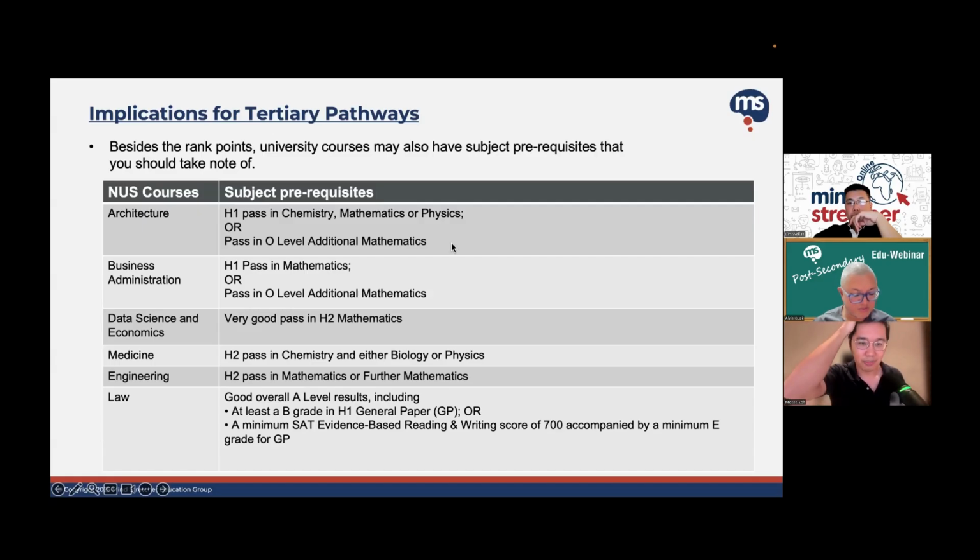So yeah, generally speaking, mathematics and chemistry will keep most of your pathways open. And then if you're quite sure you want to do a sciencey degree or you're quite interested in doing it, then make sure you do a science track, because some of these will require two sciences. But you'll see chemistry is always the requirement.